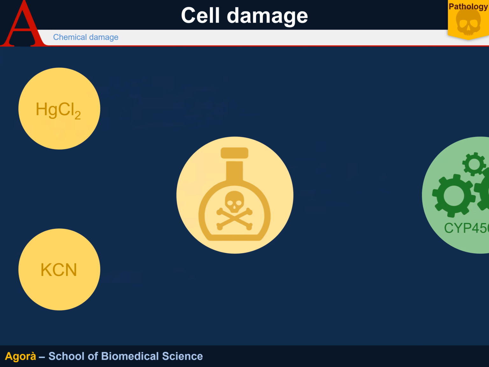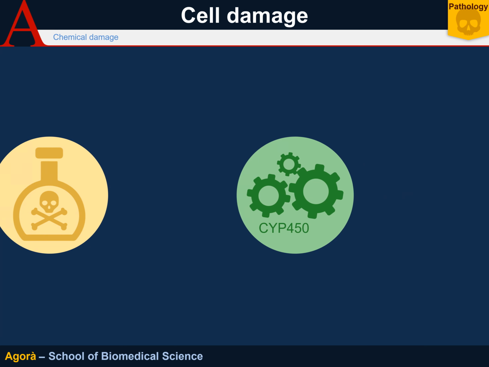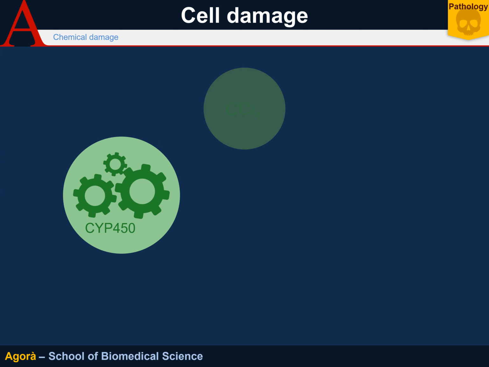The examples of indirect chemical damage are slightly more complex. An example is that of carbon tetrachloride that is metabolized in carbon trichloride radical and is capable of doing all the negative actions that radicals do. Another example is that of